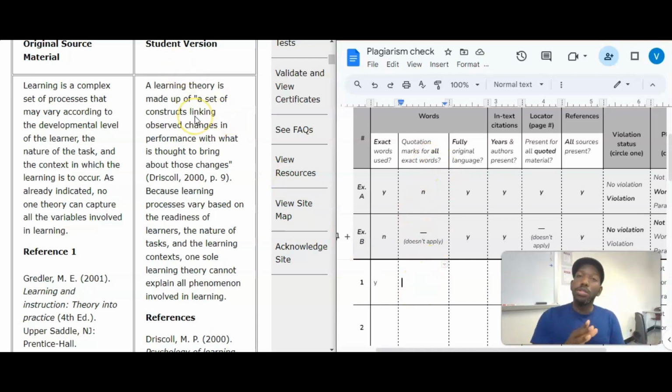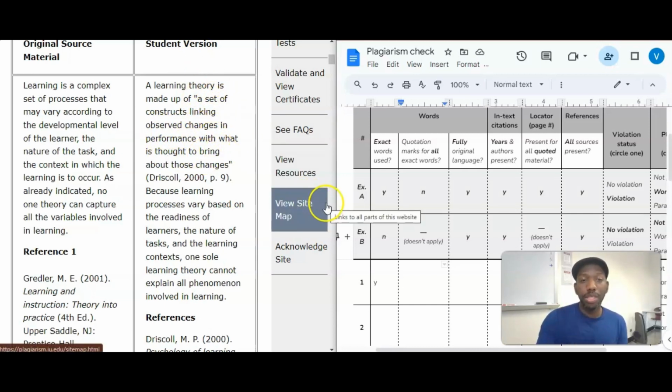According to the Indiana University standards, you can have no more than 7 exact words in a row, or maybe it's at 7. You get close to 7, you're in trouble if you don't cite it, if you don't quote it. Put it in quotation marks. So we have a set of constructs linking observed changes. All of that is exact, and they're in quotation marks.